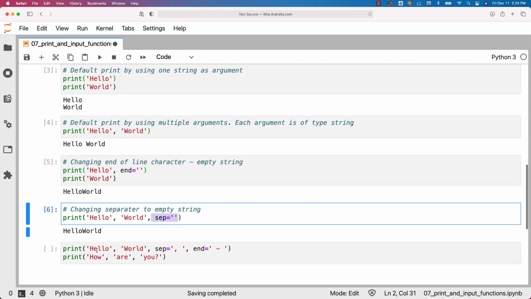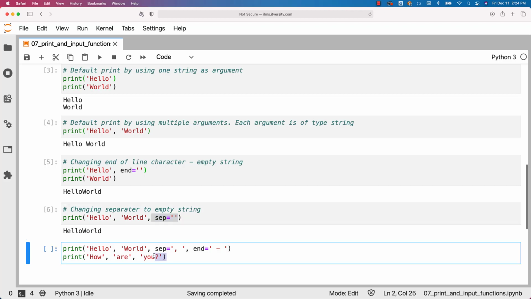Now let's say I want to say hello world, then space hyphen space how are you, with the spaces in between. We can use the print statements like this. We are saying hello and world should be separated using a comma and space, so hello comma space world, and then the delimiter should be space hyphen space, and whatever is passed as part of the next print statement should be printed.